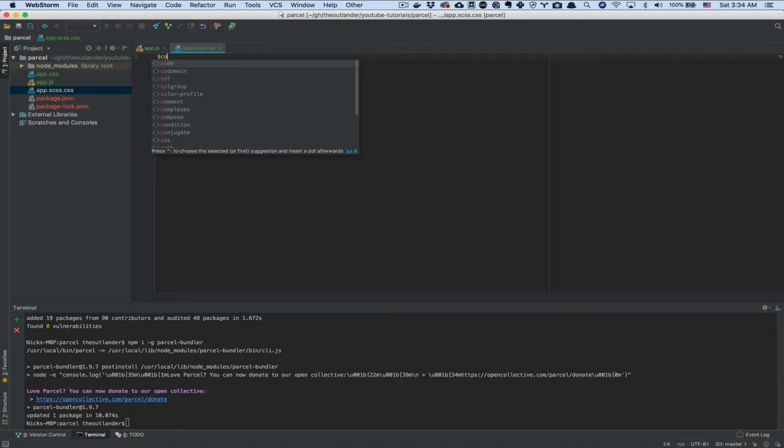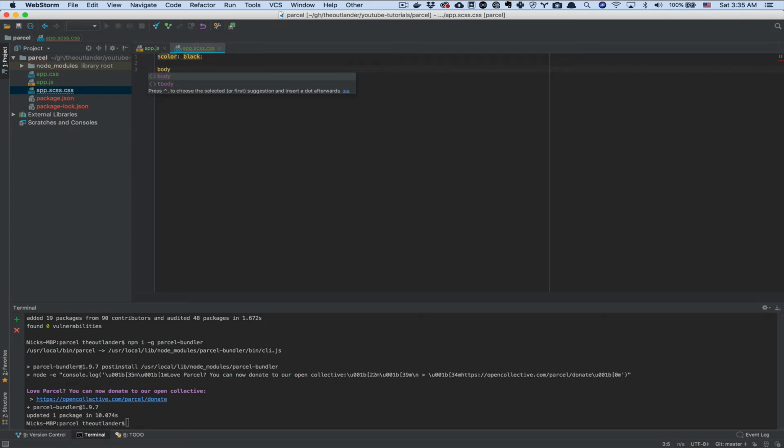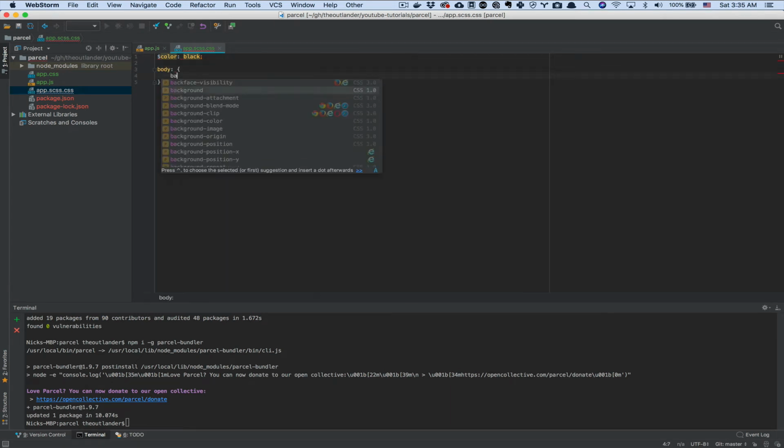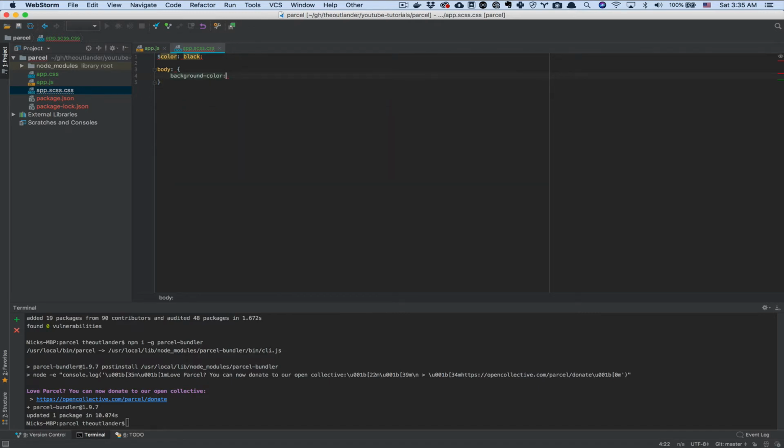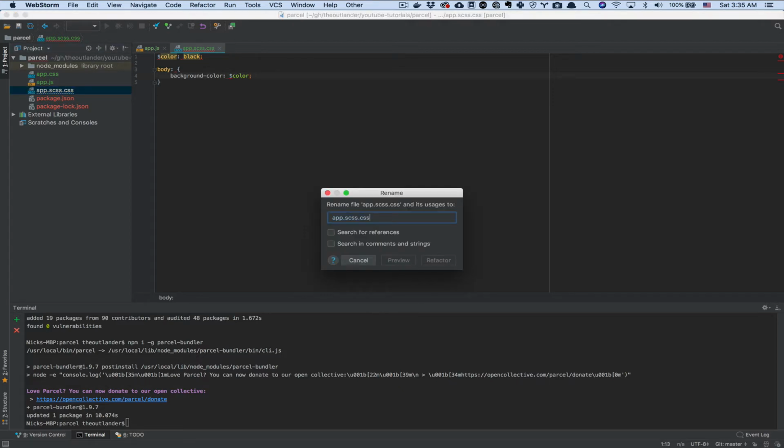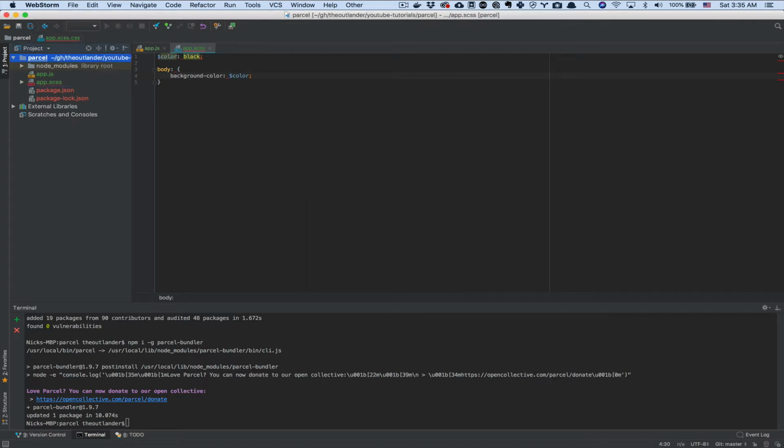So let's define a color variable and call it black, and then set the body background color to $color. I think the IDE is confused because it automatically added the .css extension. All right, so this seems like